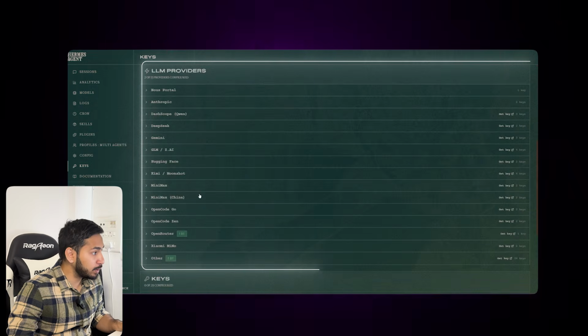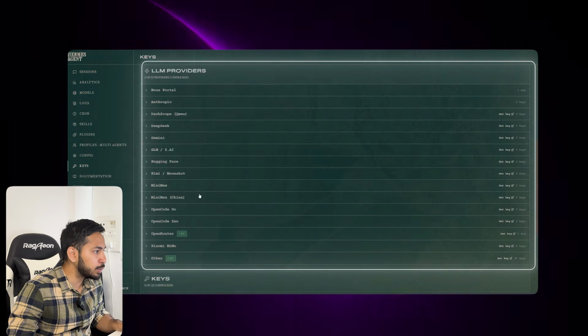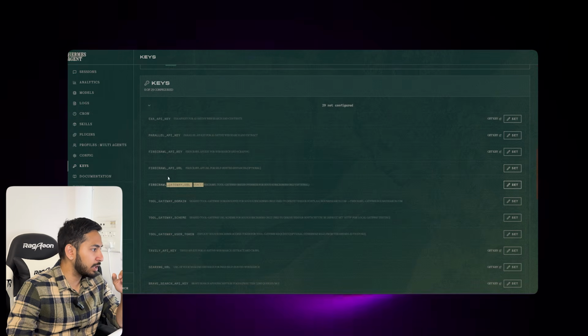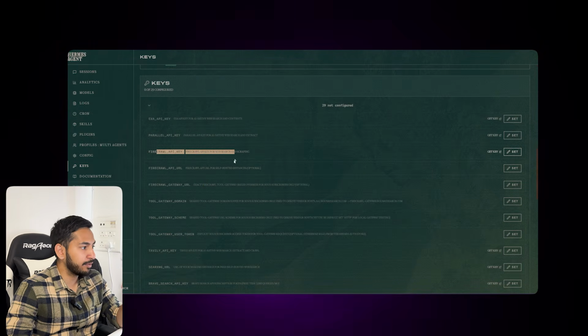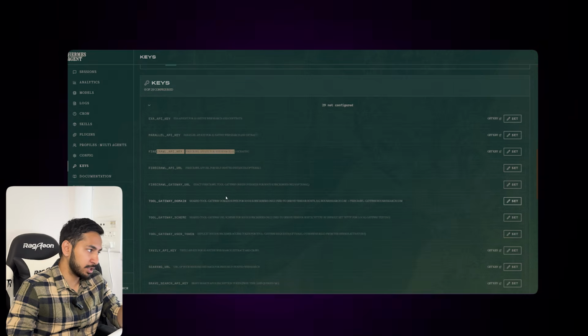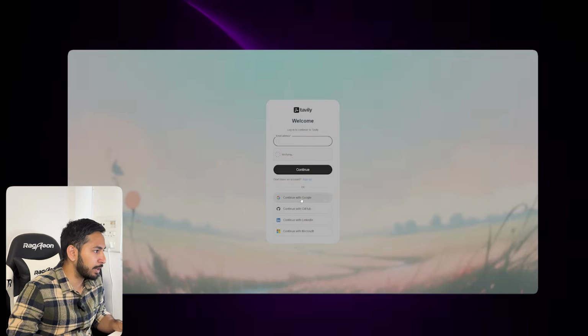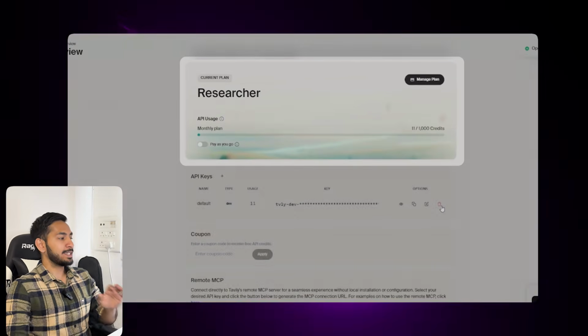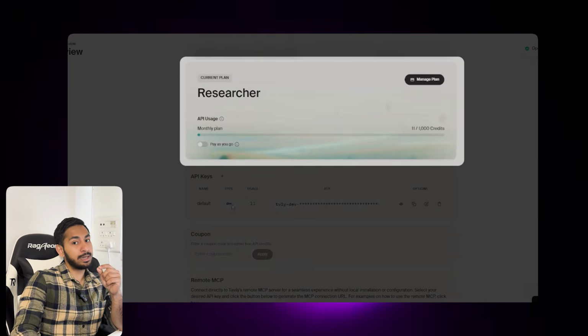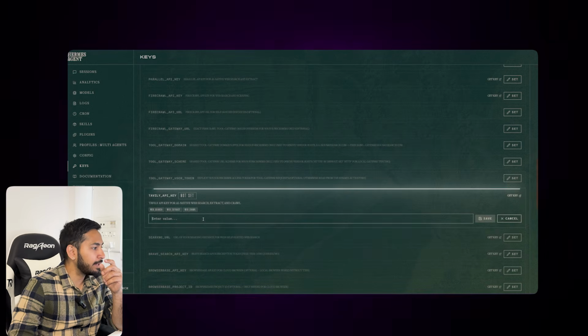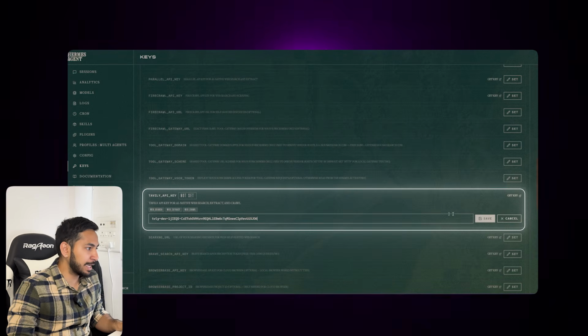Now let's head to keys, under which you will see all your LLM providers. You will be seeing a long list over here. Some of course are paid and some are free, but we are going for the free ones today. Here, according to me, the best free API tool over here is Tavily. You just need to click the get API sign over here and then sign up with your account, and just look at this. You get 1000 credits per month, and I'll also show you how you can double these credits in a minute. But for now, let's copy the code and then paste it into the Hermes dashboard